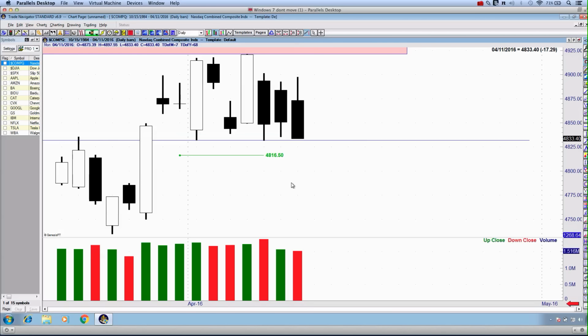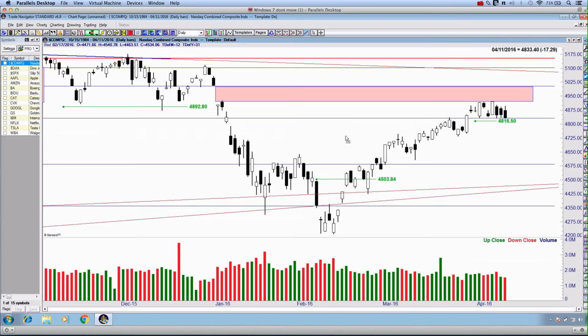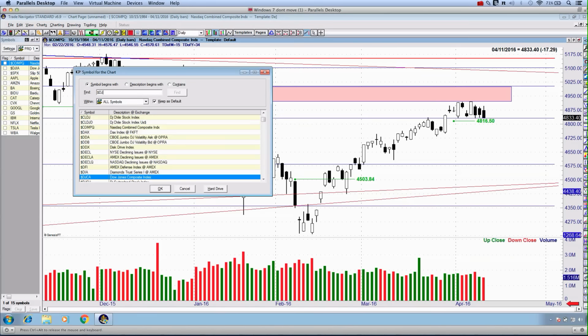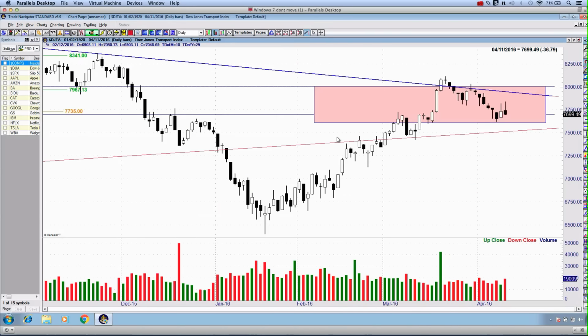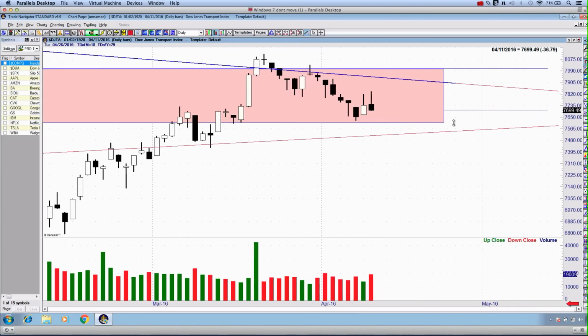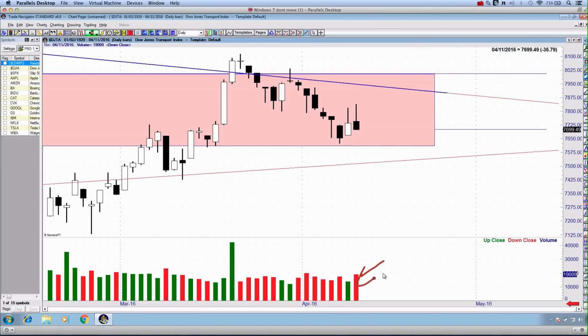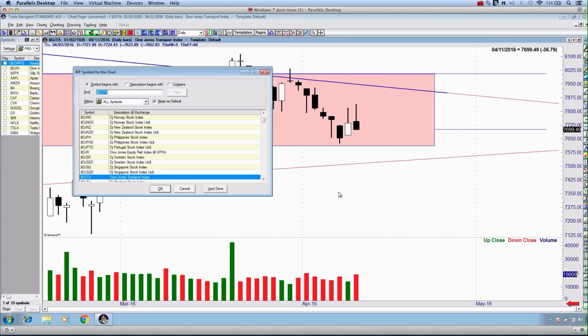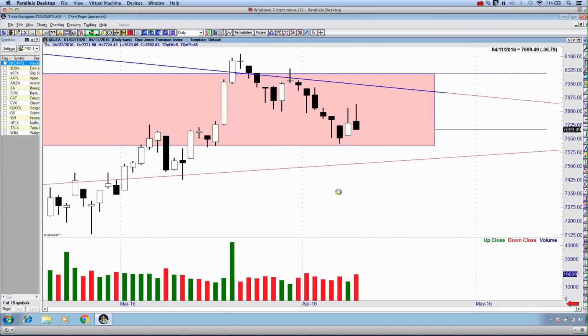And what does that mean for the market? Well, not only are these markets, again, showing us a lot of early reversal candlestick signals. Let me just bring it up on the Dow Jones Transportation Average again. You can see that shooting star candlestick set up as at the close on Monday. Have a look at the volume spike again on the Dow Jones Transportation Average. And finally, let me just bring up the Russell 2000.